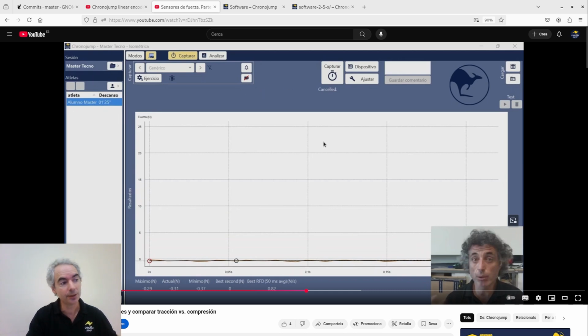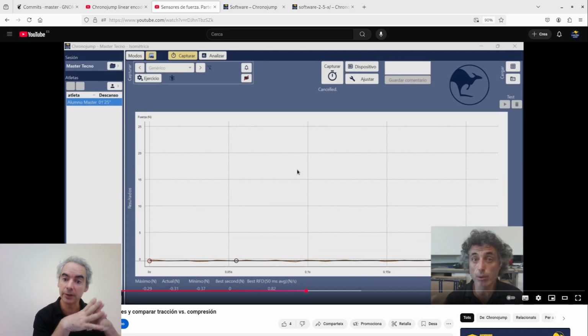Also, in these versions we divided capture and results. But it's very annoying because capture is this thing, and also this is capture, and this is related to capture, and comment of the capture or the load, and here we have load. So it was not very clear at all. And of course, we have a big window with all the data. This is nice, but we don't like it. So we put a lot of effort into these versions,